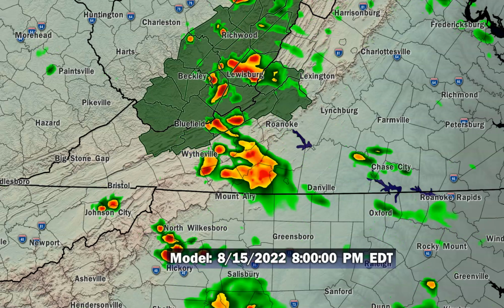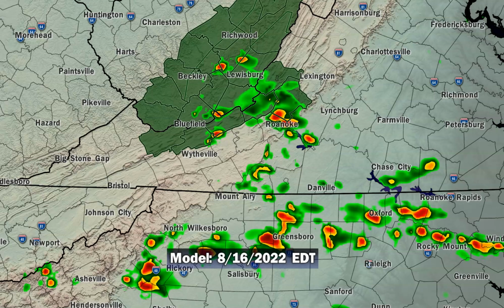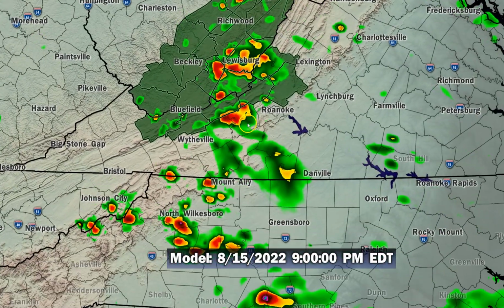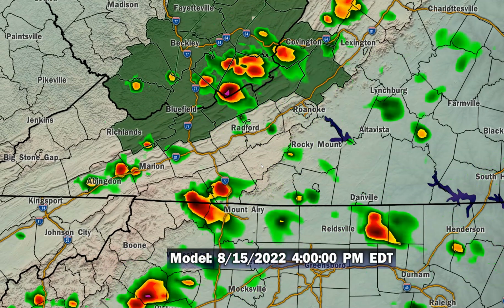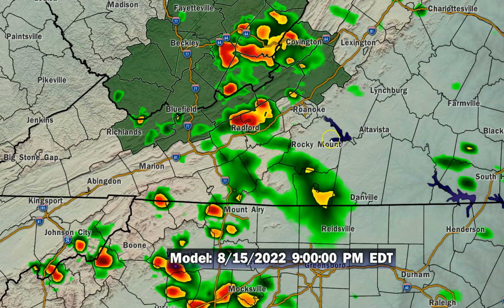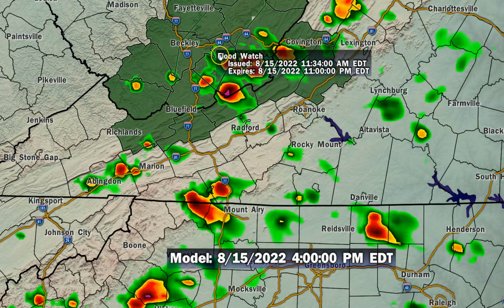This is the latest HRRR model, and you can see as we go through the evening hours, through about midnight or so, we're going to keep storms going here. It looks like no model is going to be perfect, but you can see some rather intense activity here going into the 7, 8, 9 o'clock time frame, and some of that's already occurring on the radar. So I'd say for the evening commute, anywhere from Roanoke west and south, you really need to be weather aware,